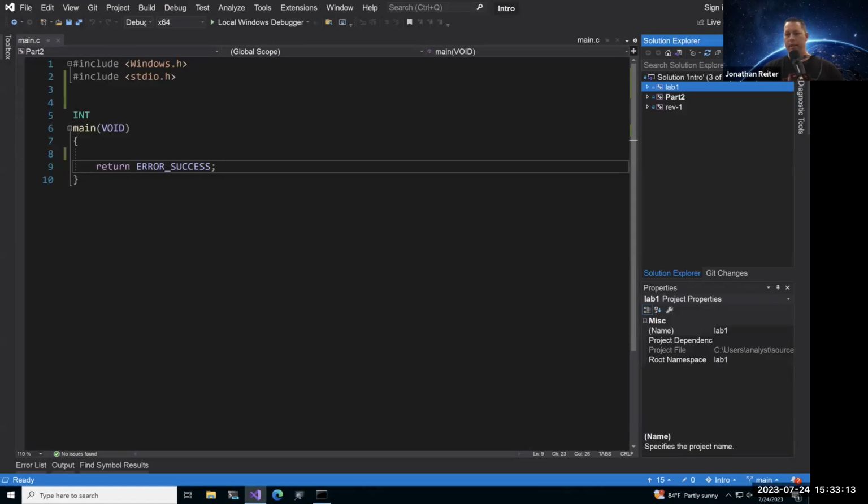So with that being said, let's go ahead and officially kick off part two, where we left off from part one. For those who didn't see part one, either live or on demand, here's what's going on. At this point in time, we have Visual Studio 2019 or 2022, the Community Edition installed.